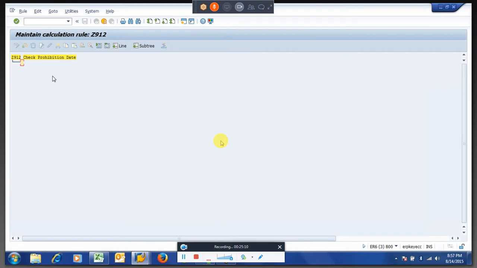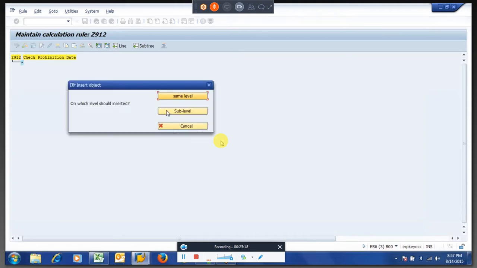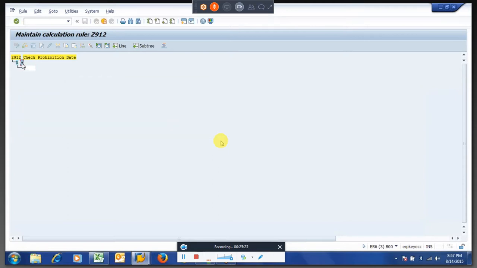This one is also PCR grouping, because we are not bifurcating as of now based on PCR grouping. I am putting star, so even if it is 1, 2, 3, anything, it will go, which means our logic will continue like this. And the time type also I am not bothering about, even if it is any kind of time type, it should come to this rule. Then here is the actual logic to understand.